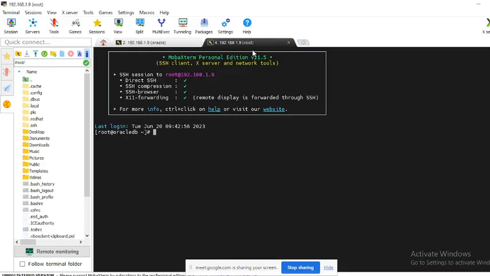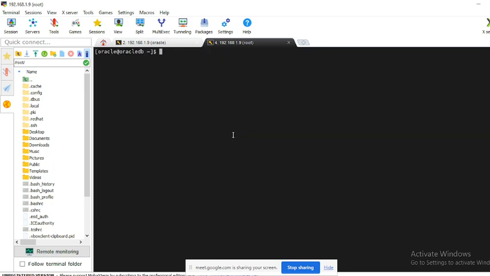Here we need to connect to the Oracle user from one more terminal. Go to the dbs directory.